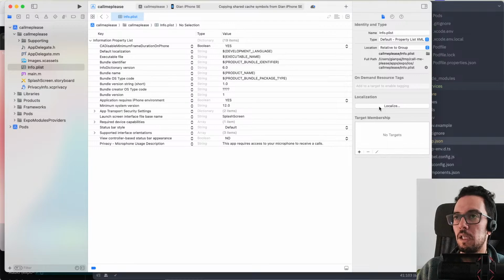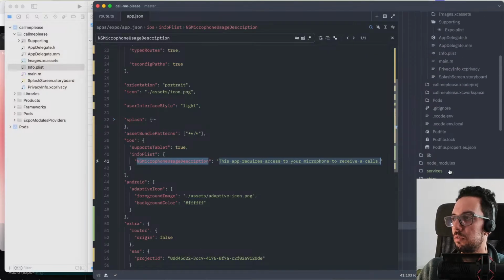So if somebody with, let's say, a Spanish phone, so the OS is set up to Spanish, opens your app and you localize this, when they get the prompt, hey, do you want to approve or give access to your microphone, you can change the text that appears to them. And since that's basically what I wanted to do,